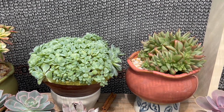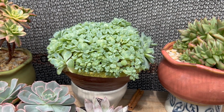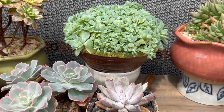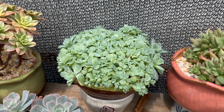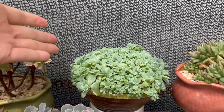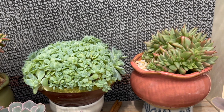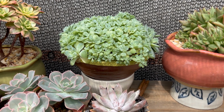So these two in the corner over here on the top shelf is a dilemma I'm having. So the one on the left is a rougeberry cristata, and it's gotten so big. I had potted into this sort of low profile round pot probably in the spring, I want to say, and it's already outgrown this pot, and I feel like it's stretched also because, to be fair, my top shelf over here doesn't get a lot of sun because I do have two shade cloths going on over my plant shelf here, and this is the area where they kind of gather up and they don't really get as much sun. That, and of course that week of thunderstorm and rain,